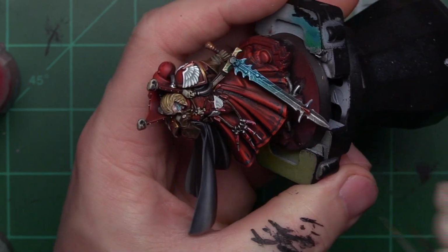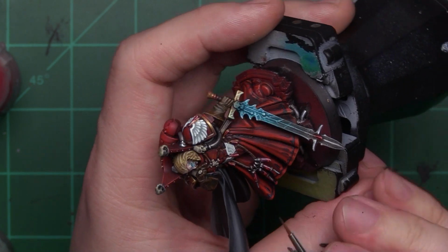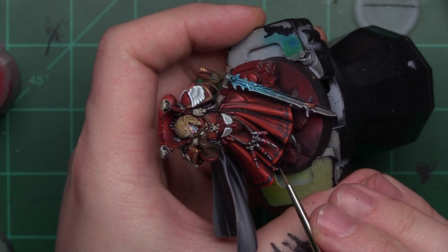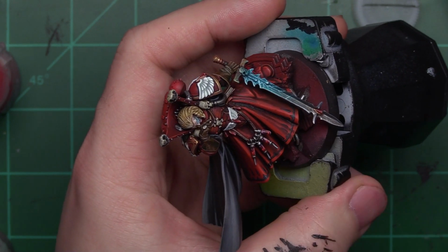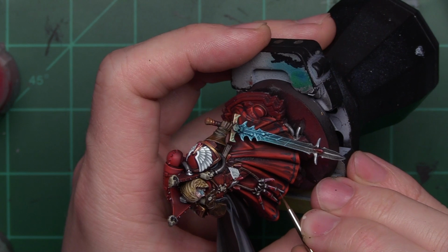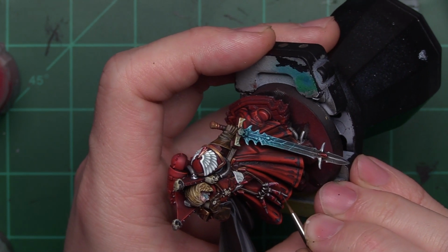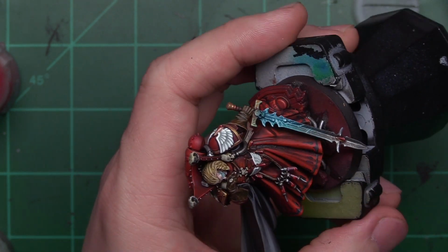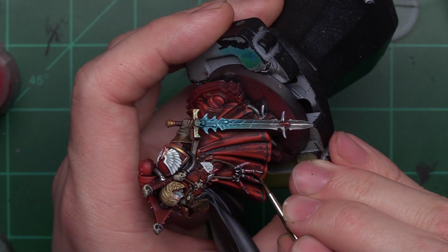Now, one of the things you can also do is if you feel that perhaps your highlights are too strong, you've added too much gray, you can always come back in with a little bit of that contrast Black Templar and go over the areas and tidy it back up. So don't be afraid to play around with this and experiment. As long as you aren't hitting any of the red areas that you don't want gray, you can come back in with that black and tidy this up and rein in the highlights if you feel you've gone a little bit